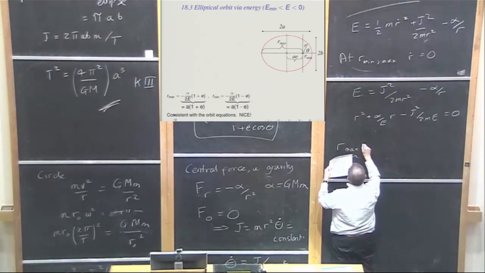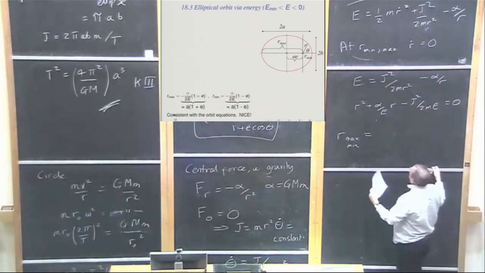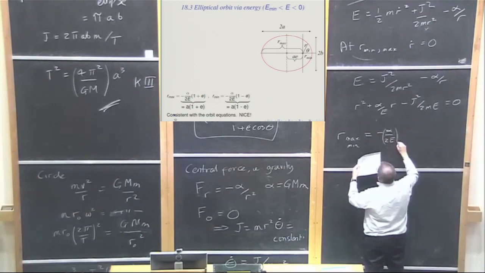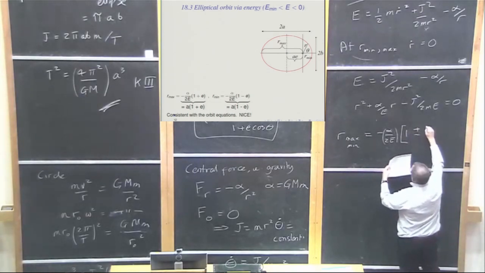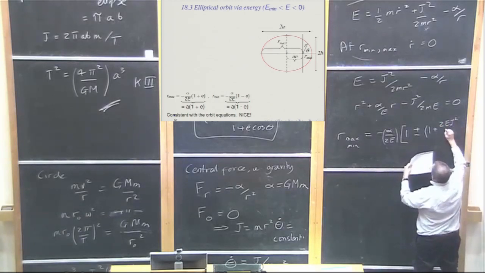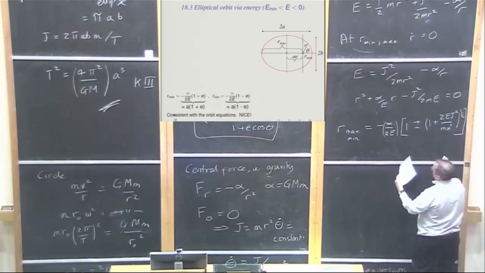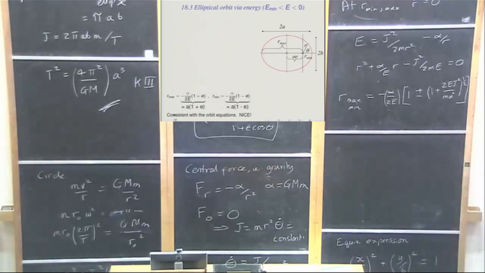You know how to solve a quadratic equation, so let me just write what one gets in the most concise form. You'll find you get in front a minus alpha over 2E, and then a 1 plus or minus the square root of 1 plus 2E j squared over m alpha squared. I apologize for missing out the few intermediate steps, but time's coming along, and you know how to